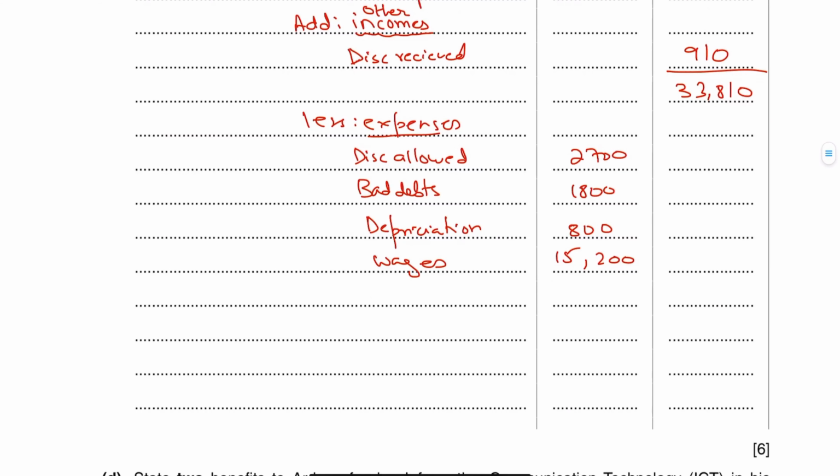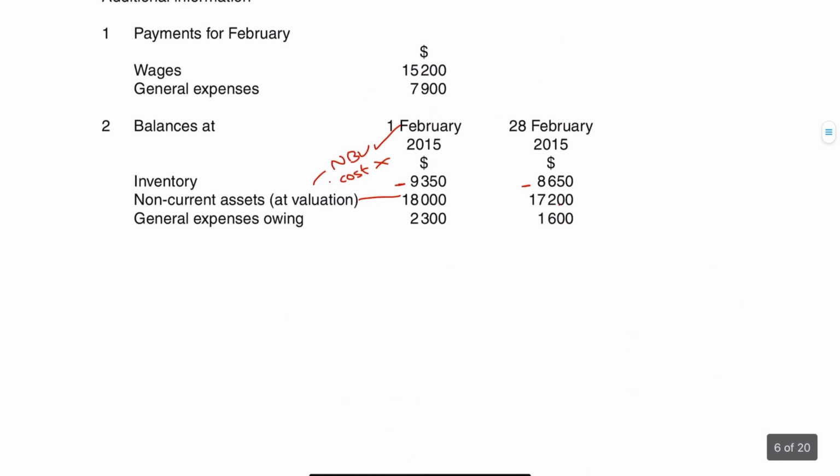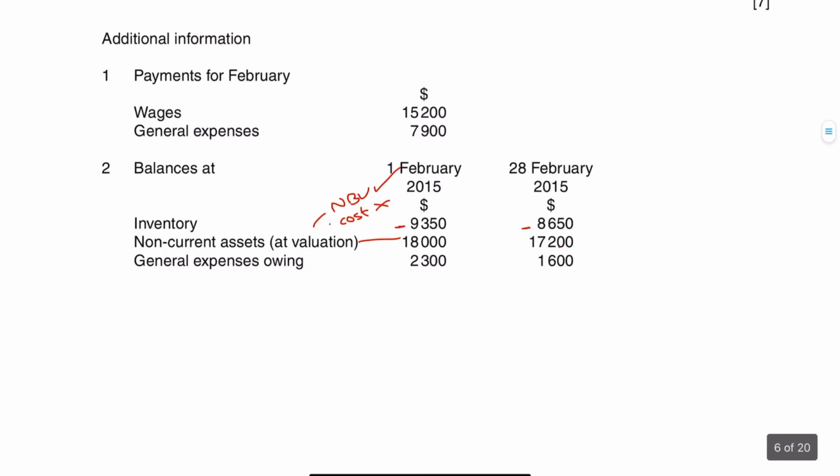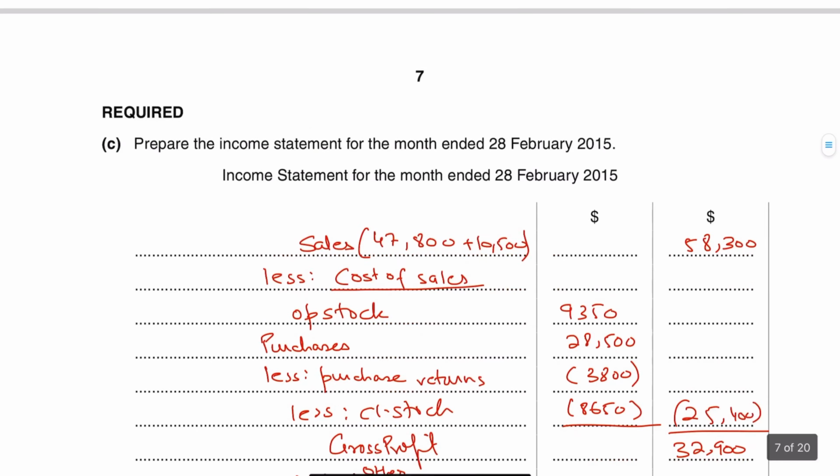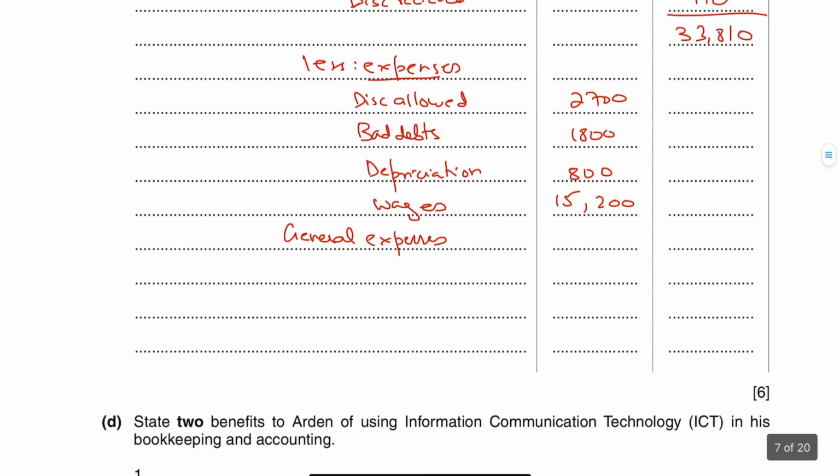Apart from that, you are paying general expenses. Now there's a trick when you are preparing the general expenses account, because you have to prepare a T account for general expenses. Why am I saying that? Because the payments that you have made for general expenses are 7,900, and then you have an opening accrued and a closing accrued given for general expenses. So it's best that you make a small T account on the side just for your own